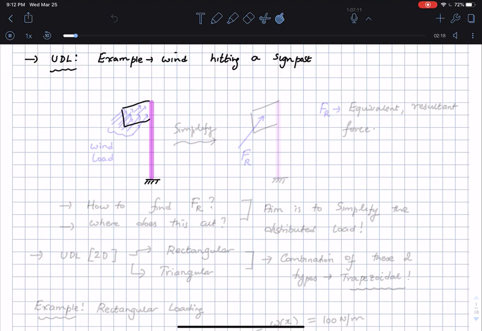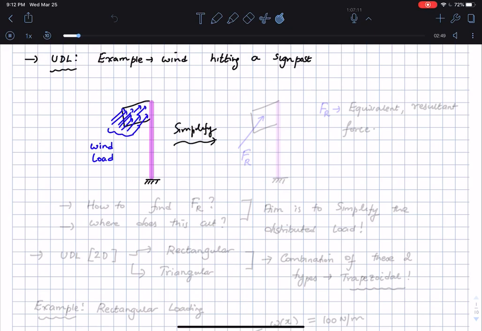So let's say that the wind is hitting the signpost, and this would be the direction of the wind, or the wind force that is hitting the signpost. Okay, so this is an example. All of these are the wind loads, or a pressure load, as we looked at last time. Our idea is to take something like this, and then we want to reduce it. So we want to simplify it